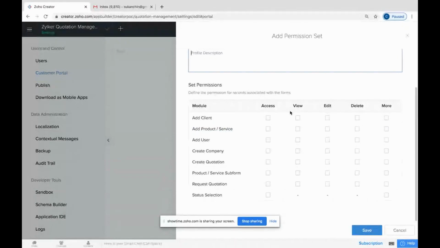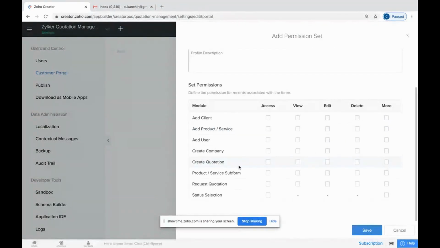Now, this is the place where we are going to set up the permissions. All the modules that we have inside our account will be listed here, and you choose what access you want to give. Add is for adding data to the form. View is for seeing the report. Edit and delete are for updating or deleting the information. Then under more, we have view all, import all. If you want to give them access to see all the products, maybe you can give view all. And import, export, modify. Depending upon the permission set, you will be able to set up the permissions here.